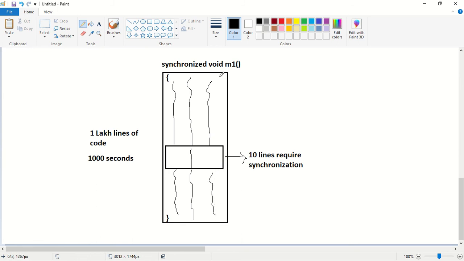Instead of vehicles, consider these things as threads. So from this starting line to this line, we can allow multiple threads to execute these lines. Next, within these 10 lines of code, we can allow only one thread to execute at a time. Next, after these 10 lines of code, we can allow multiple threads to execute these lines. So what happens if we follow this principle? If we follow this principle, we can reduce the waiting time of threads and we can improve the performance